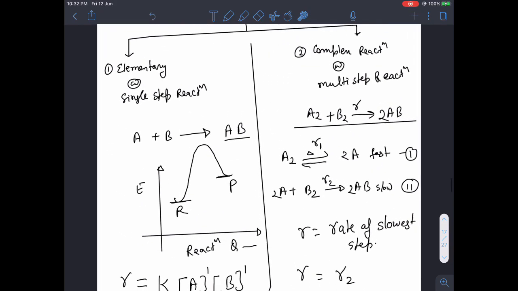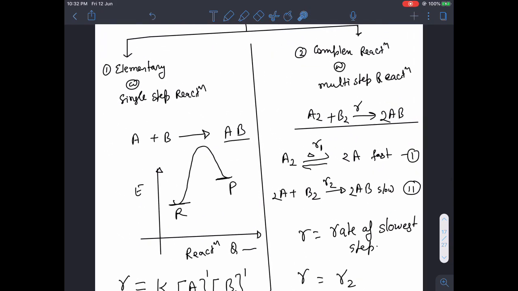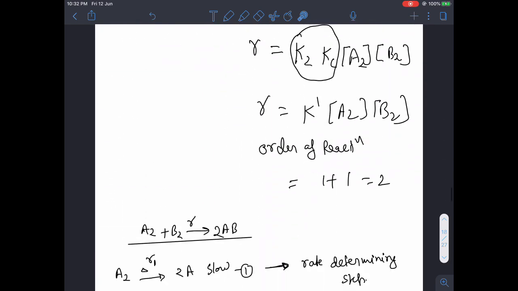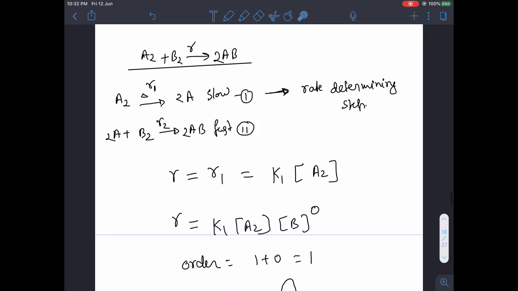See this complex reaction. In that case, can we say that both A2 and B2 are colliding simultaneously by looking at its mechanism? Answer is no. So, can I say that the molecularity of this step will be 2? Answer is no, because it is not happening in an elementary step. No, it is a combination of two elementary steps together.